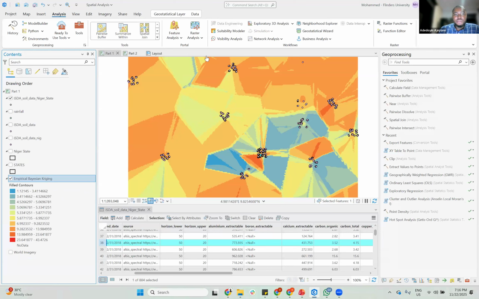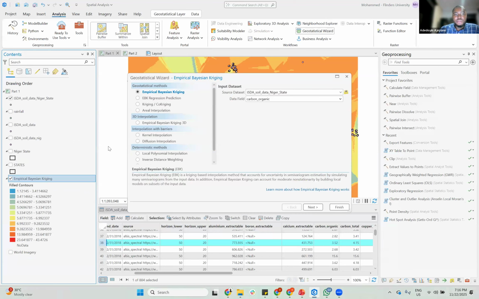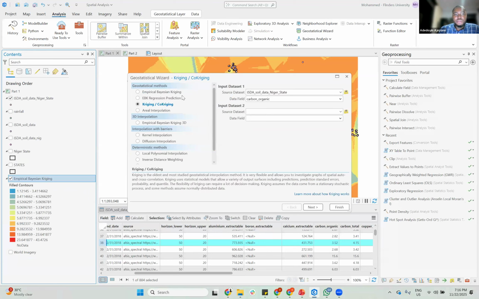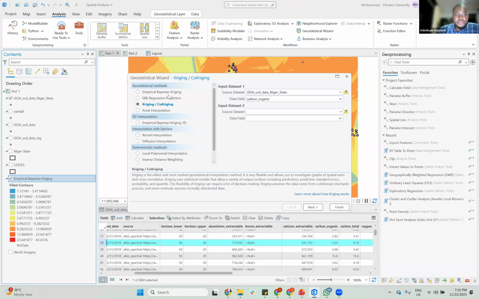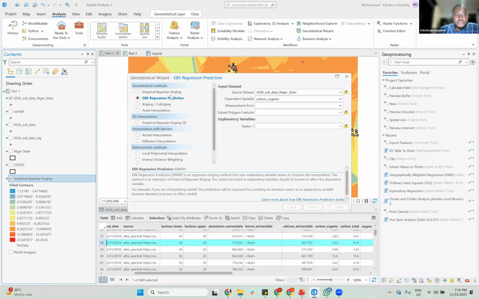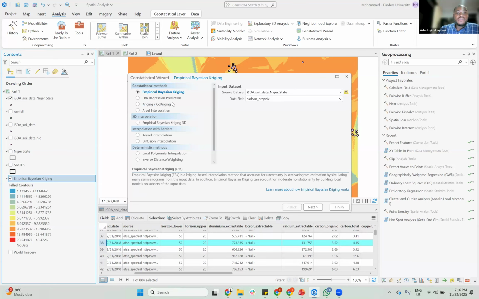And just like I said, you can see a lot of others too. I love kriging. Why? One thing you should notice is that this empirical Bayesian kriging here does not allow you to add your independent variable, which is your X. It does not allow you. You can only put this. You cannot put other layers